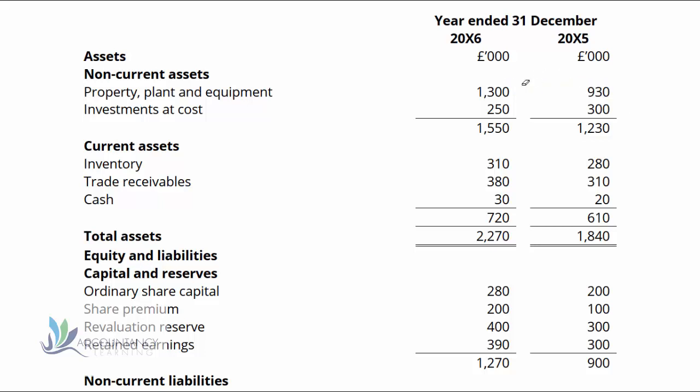So with property, plant and equipment, what we want to find out here is what is the movement between these two numbers, and typically the movement will be additions, and there'll be a movement related to depreciation. Now there may be some other movements as well. There may be some revaluations, there may be some disposals,